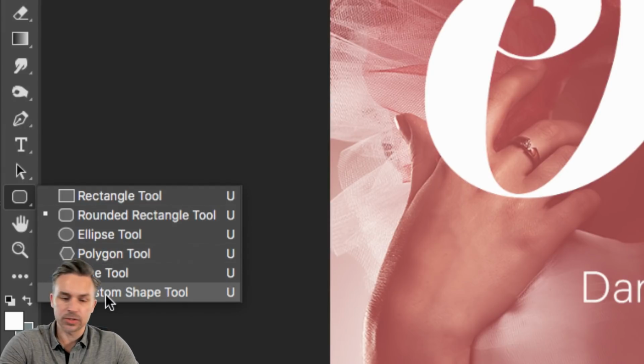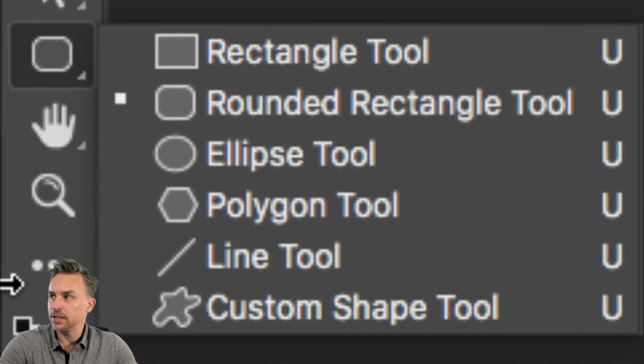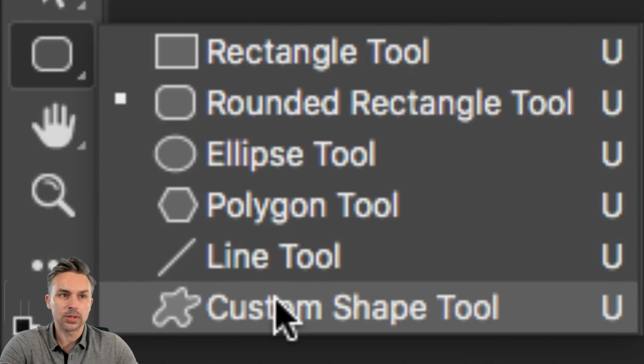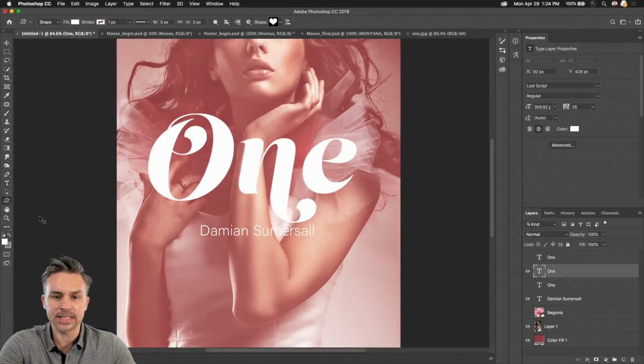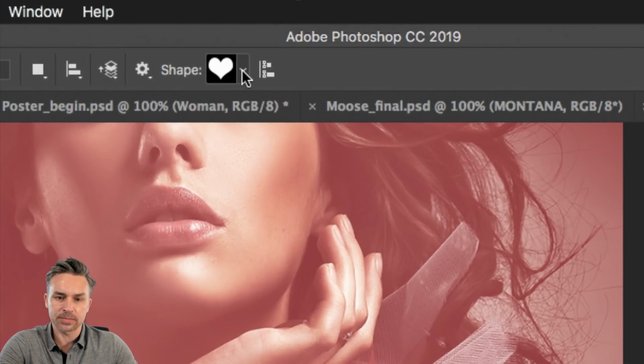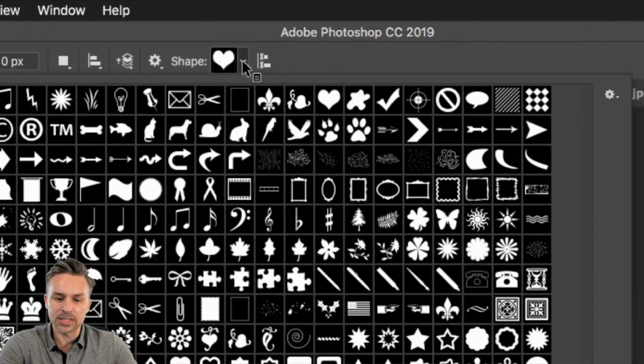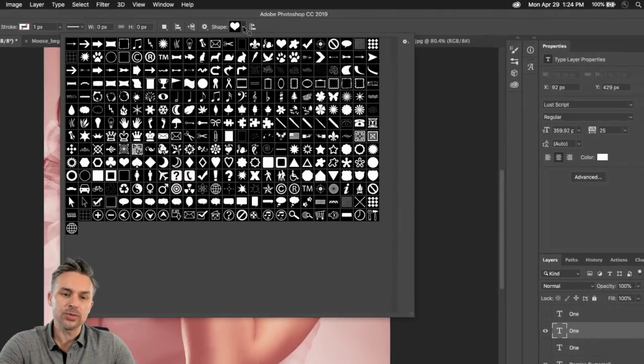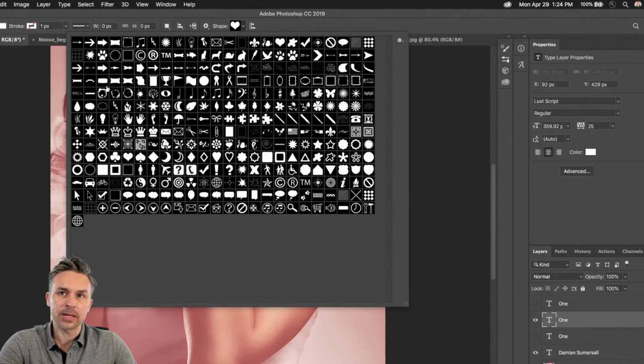I'm going to encourage you to go to the, if you can see that behind my head, the custom shape tool, okay? Custom shape tool, selecting that right up here in your top bar. This is your options bar, twirling that down. You can see the shapes. And I actually use this quite a bit. Anytime I need something basic,